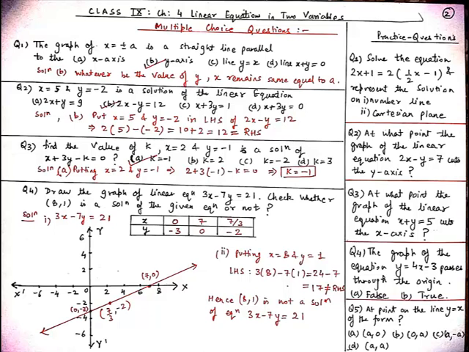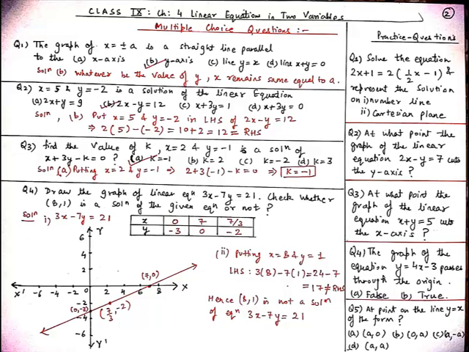And students, one of the most important points: try to find the values of x and y in integers so that it will be easier for you to plot them on graph paper. And so if I put 7 upon 3 in place of x, then we get y is equal to minus 2. Now plot (0, minus 3), (7, 0), and (7 upon 3, minus 2) on graph paper. As you can see, (0, minus 3) is on the negative y-axis, and (7, 0) is on the positive x-axis, and (7 upon 3, minus 2) lies in the fourth quadrant. When we join all the points with the help of a scale, a straight line will form.